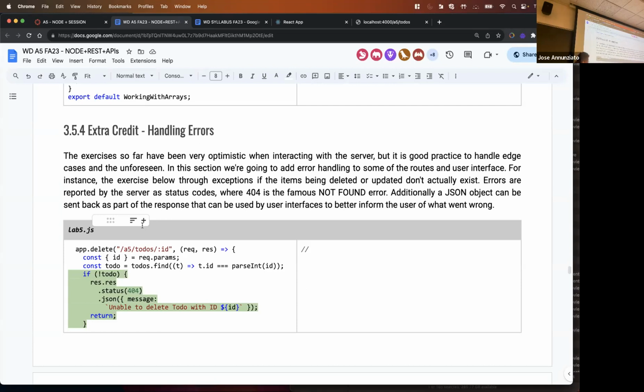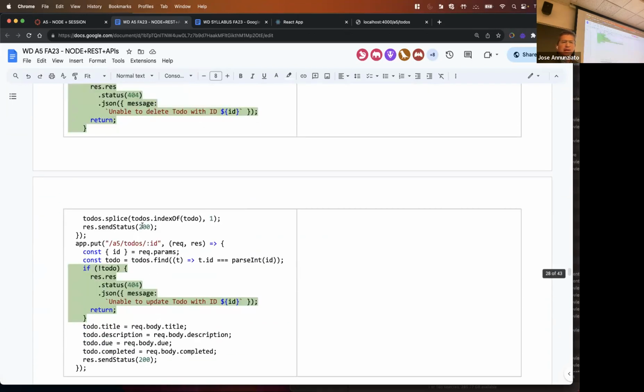And you can also optionally include in your little JSON object a data that describes the error, what happened, so that user interfaces can display a nice, useful error message as opposed to just not found. You can pass in maybe a message saying, I was unable to delete the to do with ID blah blah blah. So then this JSON object would be available on the client side. Let's see that. So on the client side,